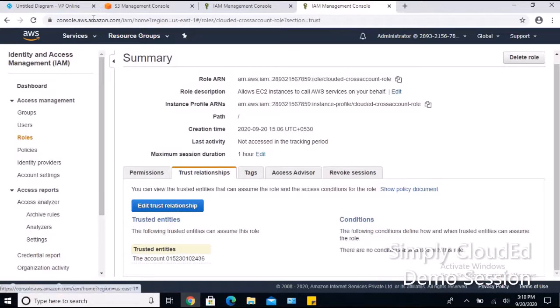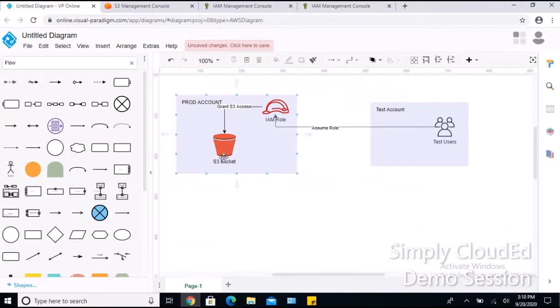So as per the diagram, we have created an S3 bucket. We also created a test user and test account. We also created one IAM role. We have already defined the policy there, all sorts of actions that the user can perform, and also we have established a trust between them. We also created one policy in the test account by virtue of which the test user could assume this IAM role. So the entire setup has been done.